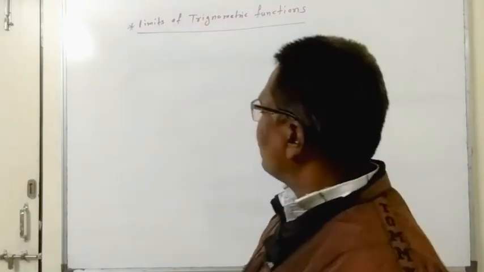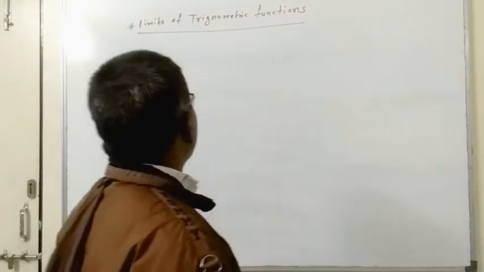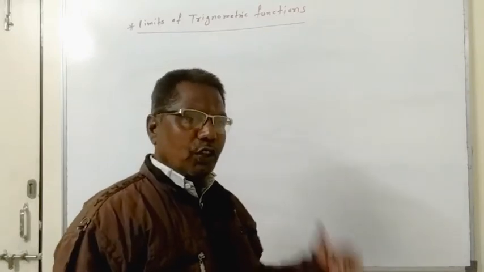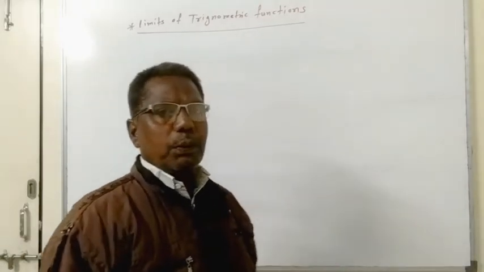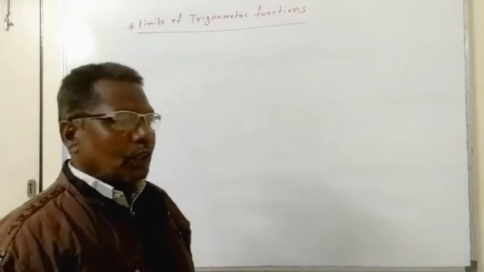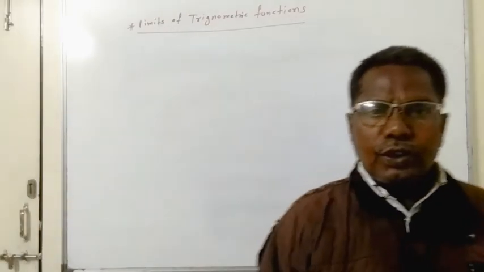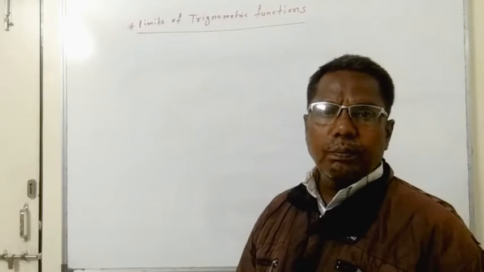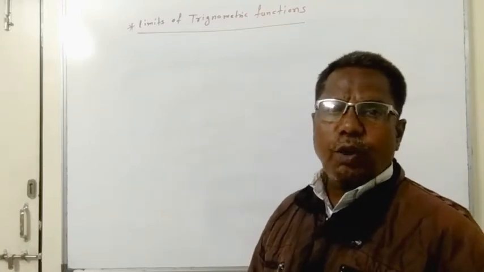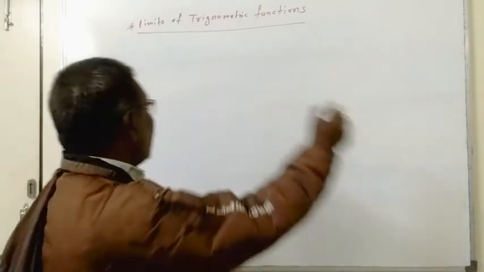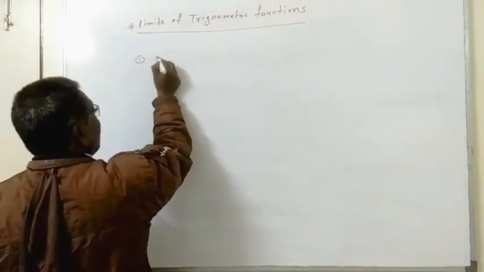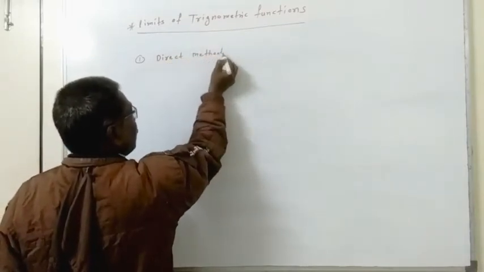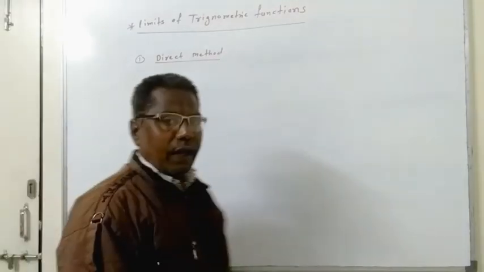Now, in this lecture we will study limits of trigonometric functions. Here also we will study the limits of trigonometric functions in a systematic way, that is, classifying examples into methods. While evaluating a limit, you must be able to decide which method the example is based on, and if you select the proper method, then the limit is very simple. Here the first method, as usual, is the direct method. Initially we think about the direct method.